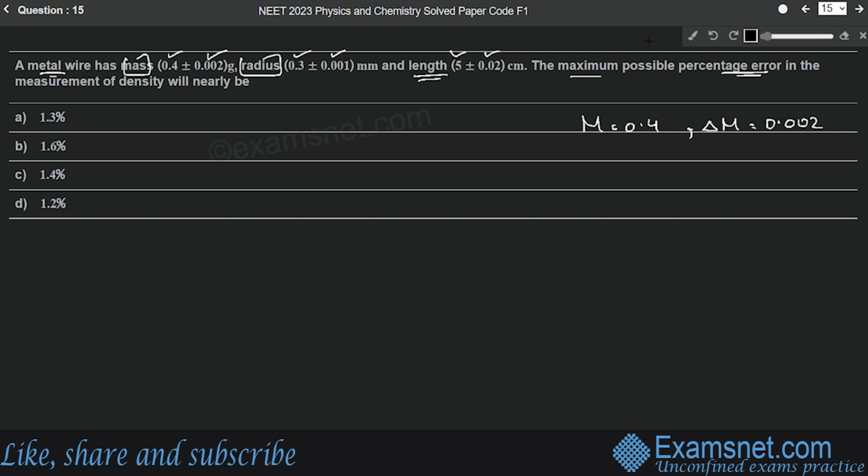Similarly, radius r is 0.3 and delta r, that is change in radius, is 0.001, and length L is 5 whereas delta L is 0.02. Now we know that the density rho is equal to mass by volume, and volume is equal to cross sectional area of the wire, that is pi r square, into length of the wire L. Now, using the concept of errors,